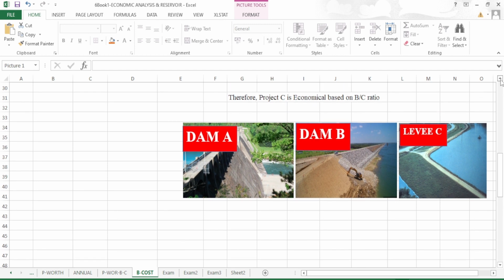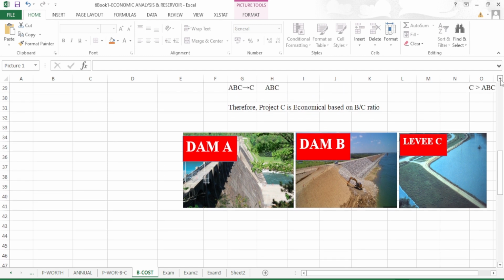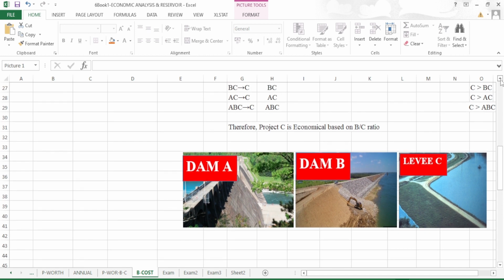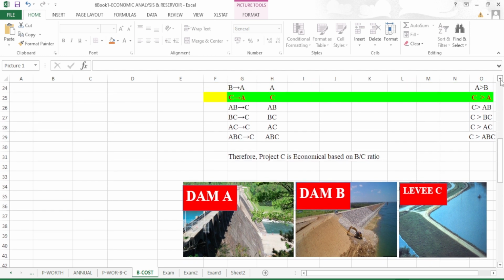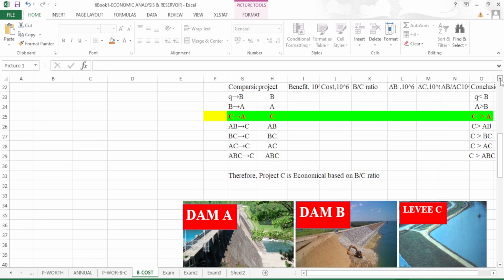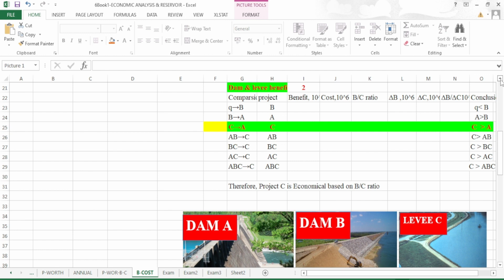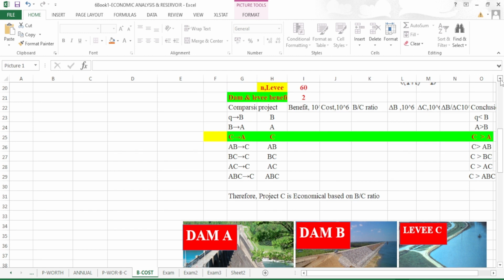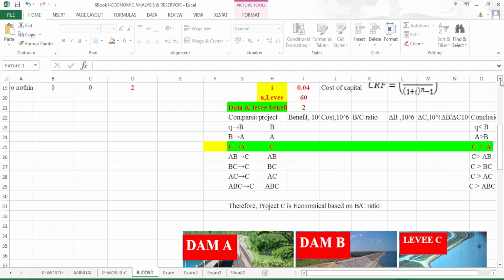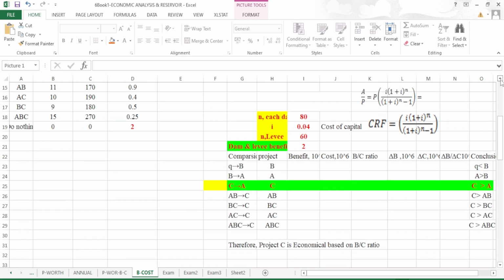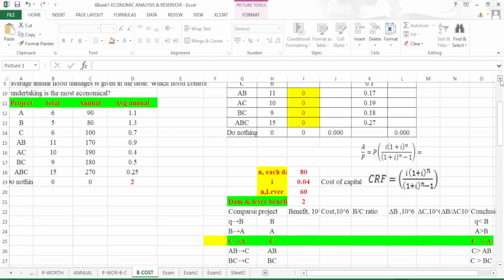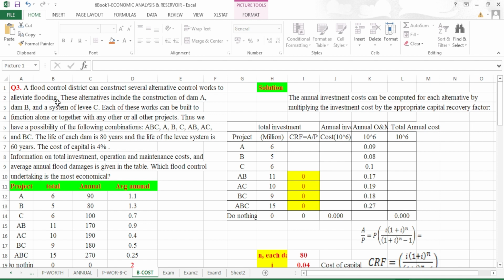In the previous lecture, I told you how to select the most economically viable alternative concerning the annual worth method in water resources. Today, I'm going to show you how to select the best option among alternatives to construct a water structure, dam, or levee to mitigate flooding. In this lecture, I show you the application of the benefit-cost ratio method in water resources. This is the third question regarding economic analysis in water resources. This is a very relevant question in hydrology and water resources engineering.